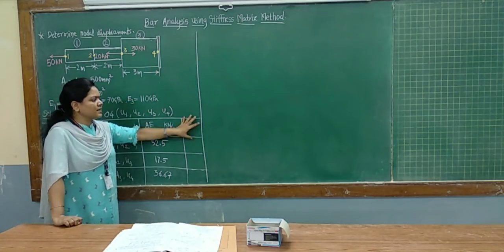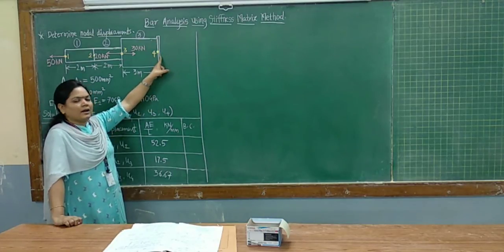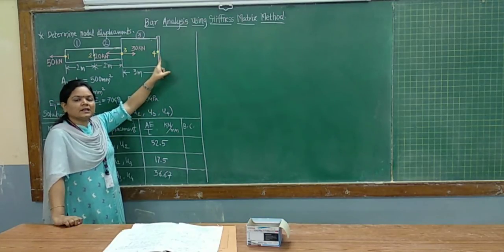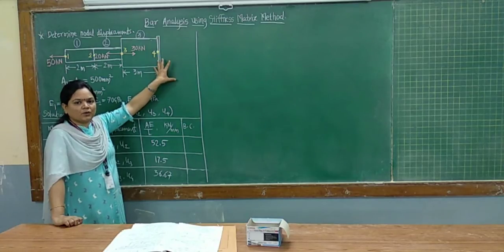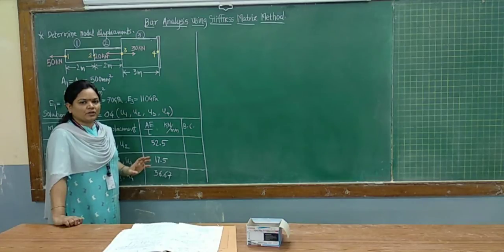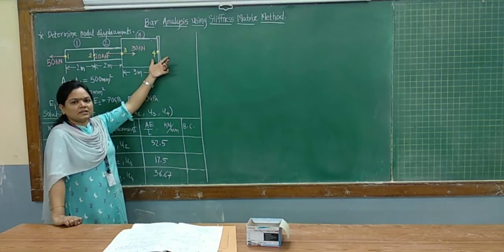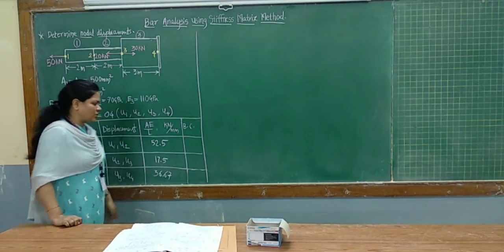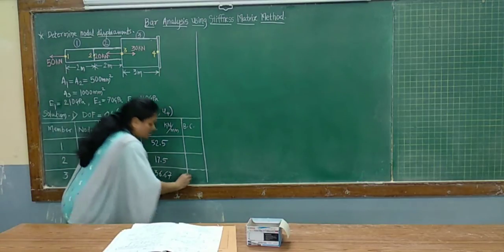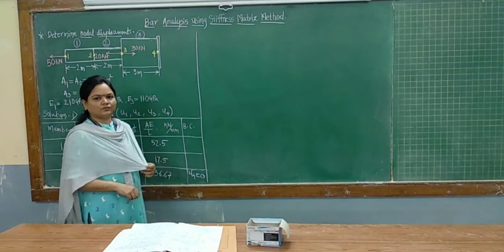So boundary conditions are written from the support conditions. The support condition at this fourth node is a rigid support, or fixed support. And we know that a fixed support prevents all types of deformation, all types of displacement. So here, this displacement is 0. So that is the boundary condition here: U4 equal to 0. Okay?